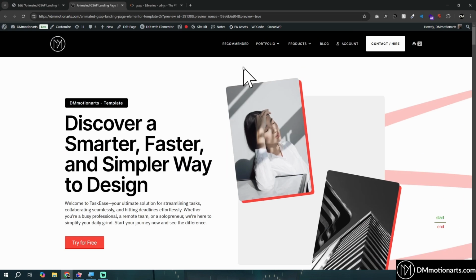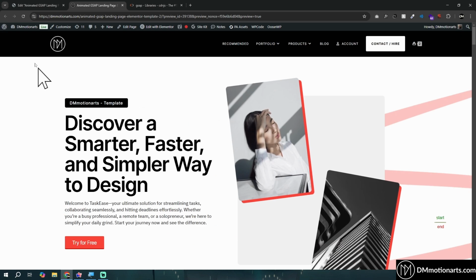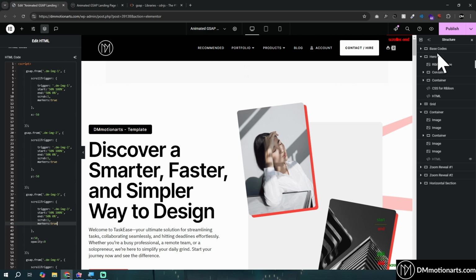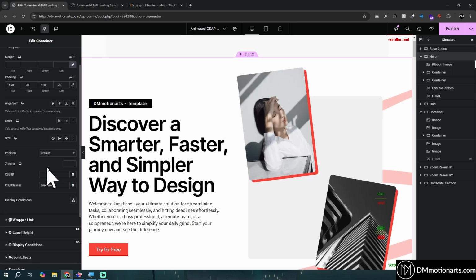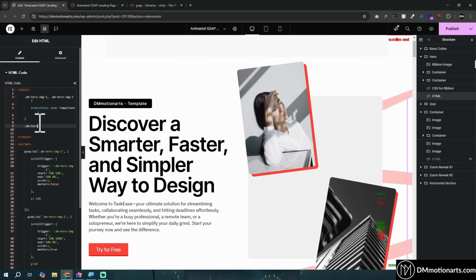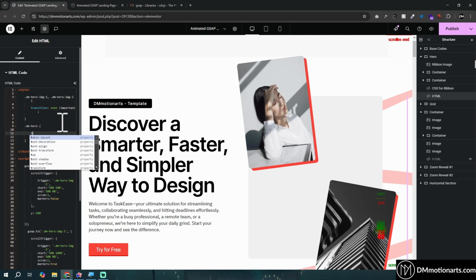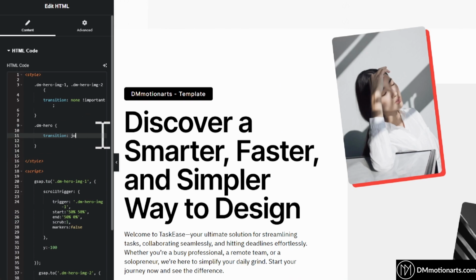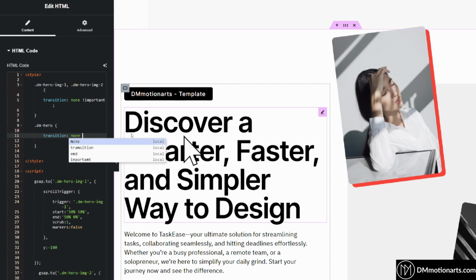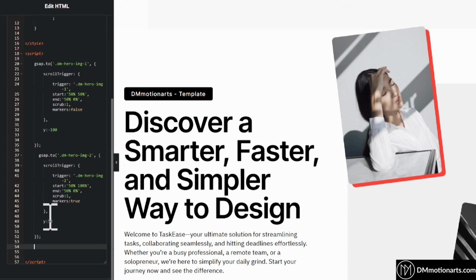Now one more thing that we saw was when this gets sticky and then as we scroll down, the second section starts going above this one. We can simply do this by, let's say, going into your hero, and I've given this hero container the DM hero CSS class, and it's very easy to do, so make sure to give it transition none, especially for containers. Usually even if you do not give it for images and all, it still works, but for containers you have to give it, else it would just not work. And I'll do transition DM hero transition none important like this,